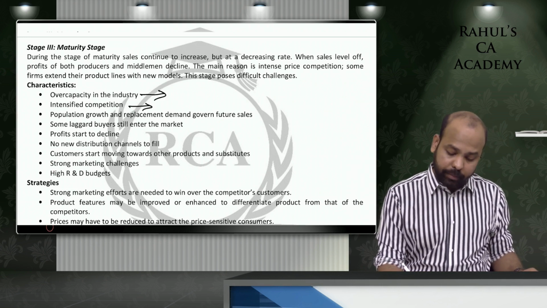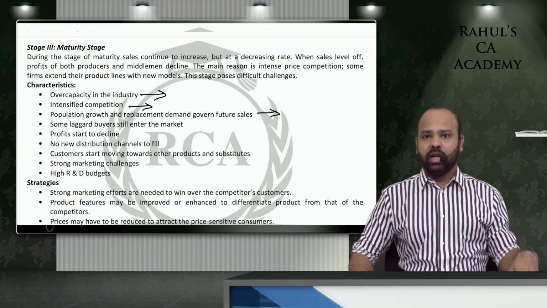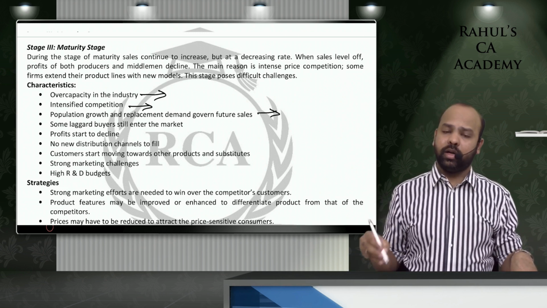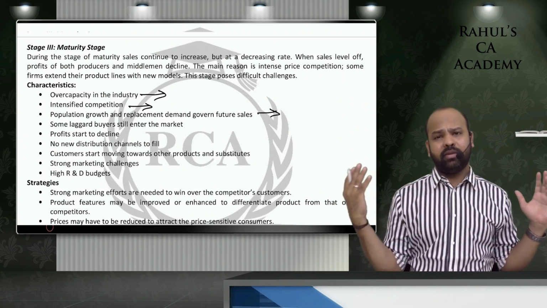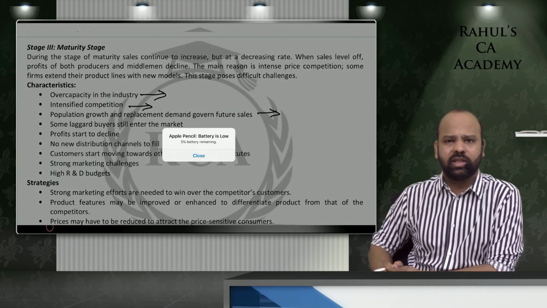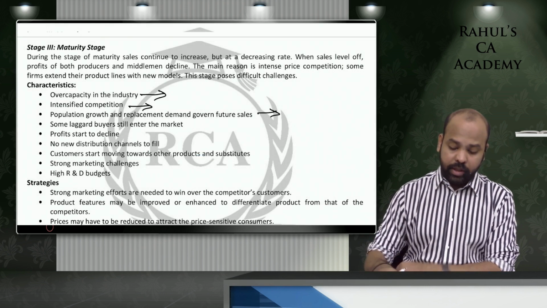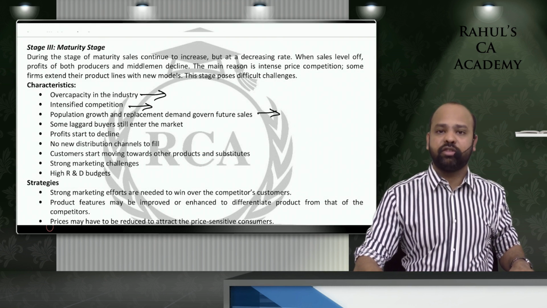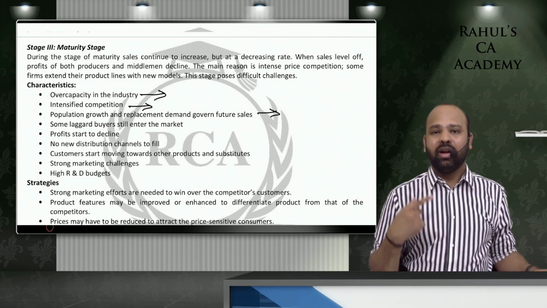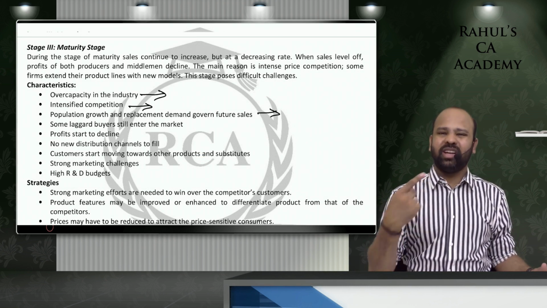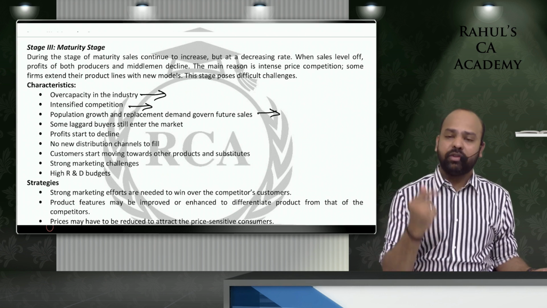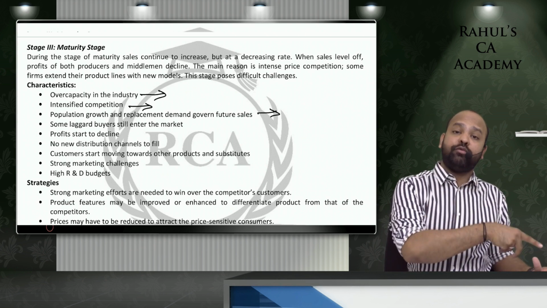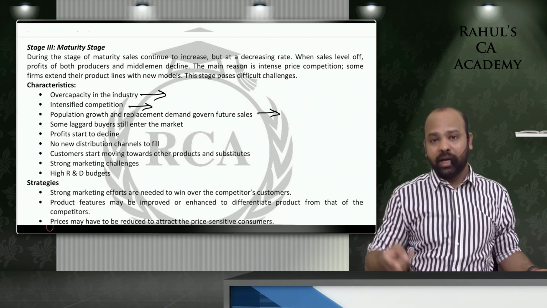Population growth and replacement demand govern future sales. Everyone has tried out the market as such, guys. So it is all about, like, beta, the iPhone, it has now been launched in major countries as such, guys. Okay? The iPhone has come to all major countries, beta. Now the only way they look at is the demographics of a country. If the population is increasing, demand will increase. If the population is increasing by 2% every year, let the demand for cell phones increase by 2% as such, guys. Replacement. The one who has used iPhone 7, iPhone 8 will most likely buy an iPhone 11, iPhone 12.